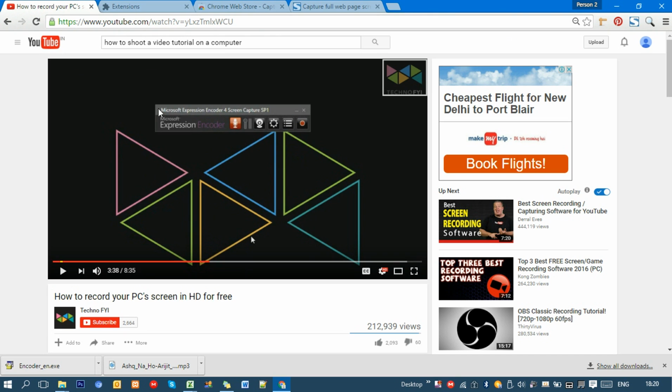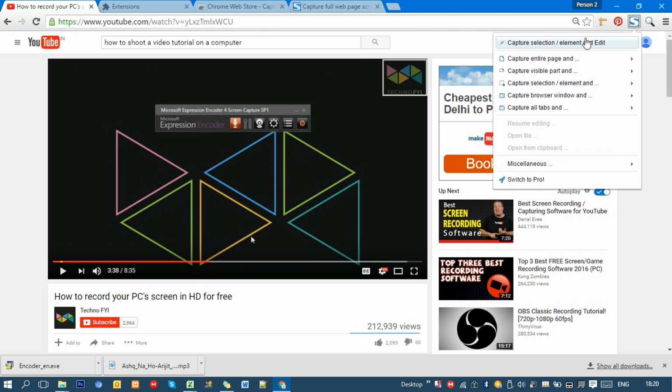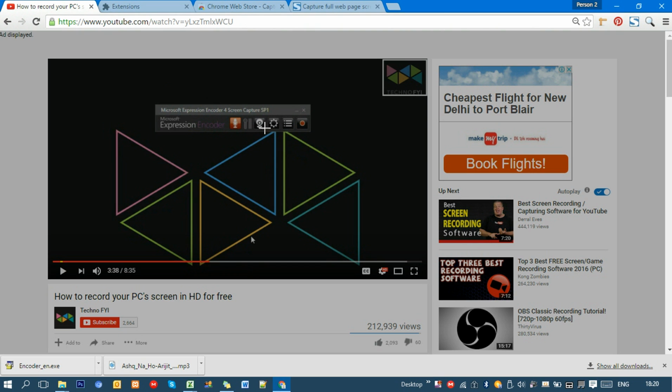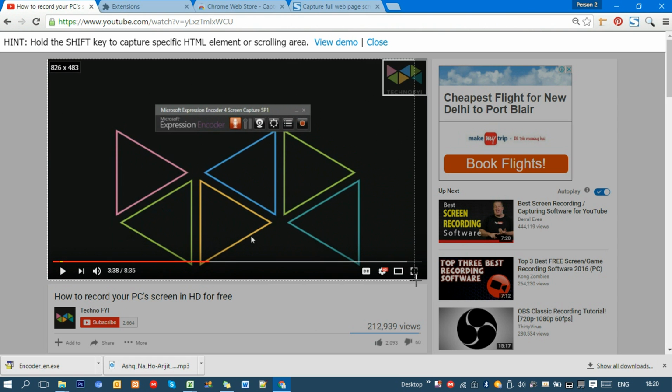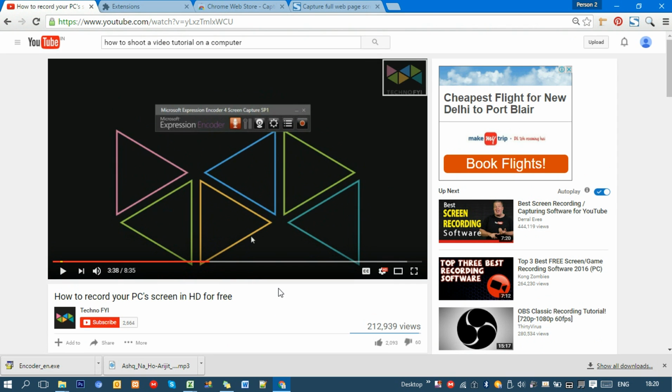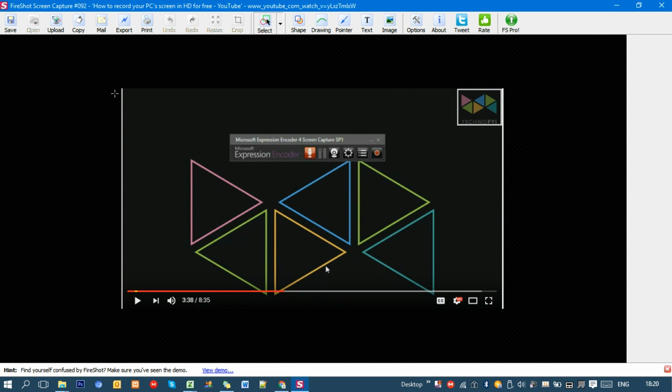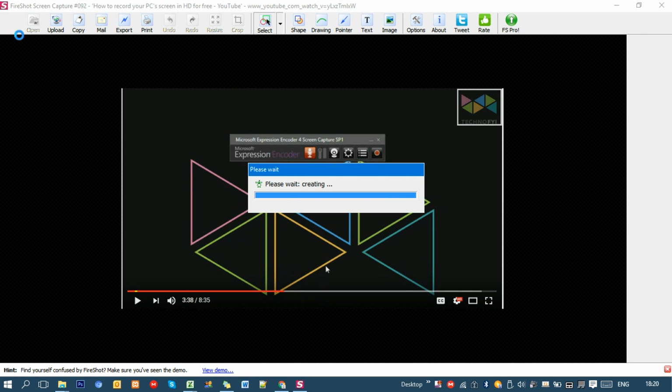And if you want to take a screenshot of this page, you need to click this icon, and here are the options. You can take a screenshot of your selection area, or you can take a screenshot of your entire page. So I'm going to select an area of this video, and here it is. You can save the screenshot,